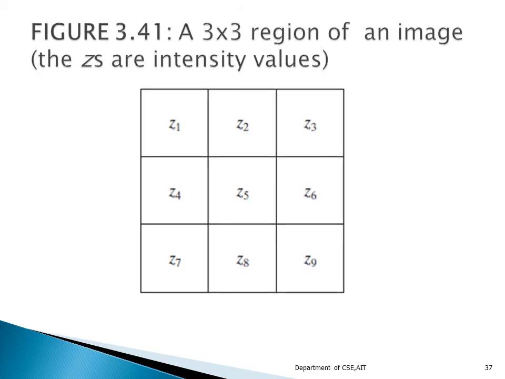This is the 3x3 mask that we are going to make use of in the gradient. You can see here we have the values from Z1 to Z9. Different people interpret this in different ways. We will see how, by making use of this mask, we can get different values in the matrix. So this is a 3x3 region for gradients, and the Z's that are present here are the intensity values.